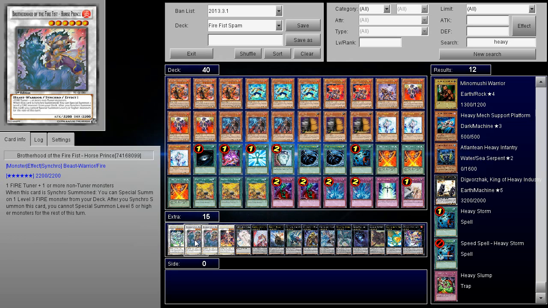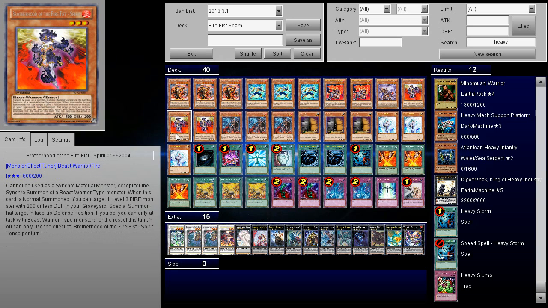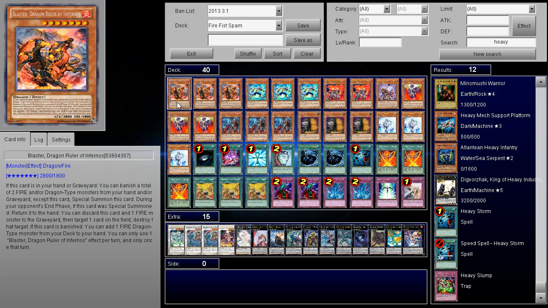It's just amazing, even though technically Blaster won't be able to attack the turn you go for Spirit's effect because only Beast Warrior type monsters can attack. He's still there as just like a wall, and who cares if he returns to your hand? You can just special summon him again. He's just a very dirty card, but what it comes down to is I like to use his effect to